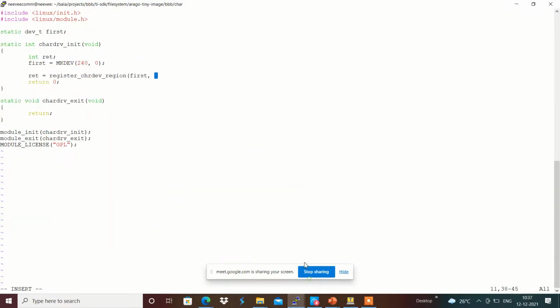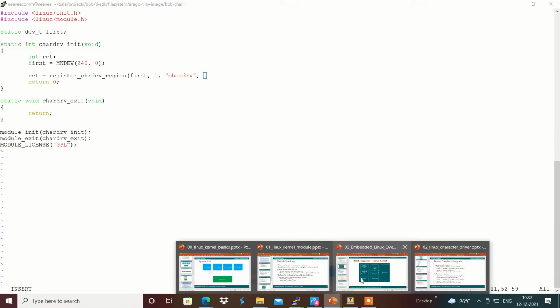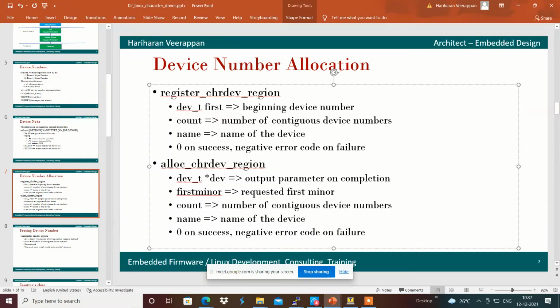I'm going to create only one, and the name maybe I'm going to use char_drv over here. These are all the three arguments that we have to give to get it created.